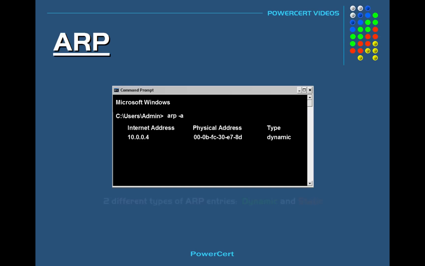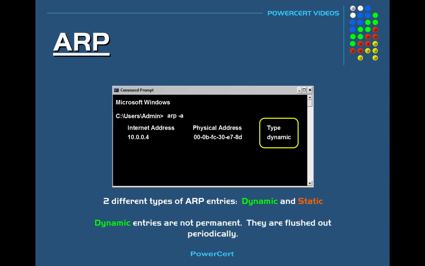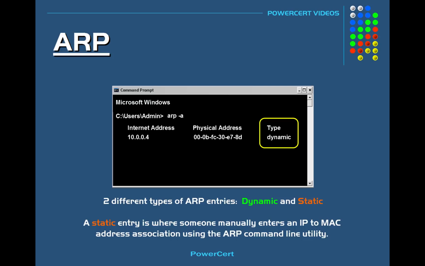And there are also two different types of ARP entries, dynamic and static. A dynamic entry is created automatically when a device sends out a broadcast message out on the network requesting a MAC address, just like in the example we just did. Dynamic entries are not permanent. They are flushed out periodically so that the cache doesn't get filled up with too many entries that are not being used. And a static entry is where someone manually enters an IP address to MAC address association using the